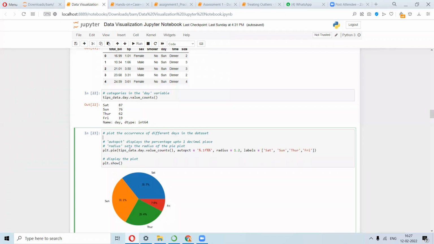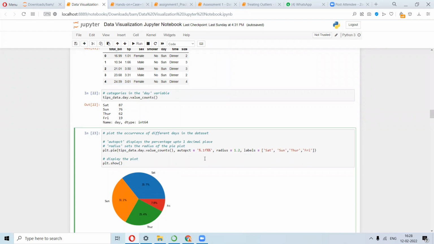First you have to decide on the data set and count out the values. So you have tips_data.day. This is your column, right? This is your attribute, and then you have to count that, and then autopct. This is how you represent it. 0.1 means that it will only consider up to 1 decimal place.